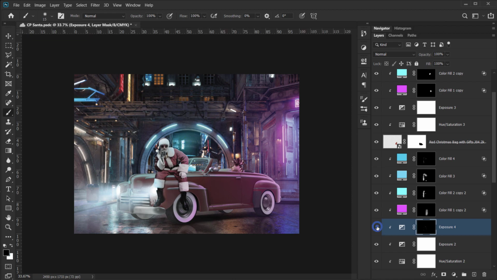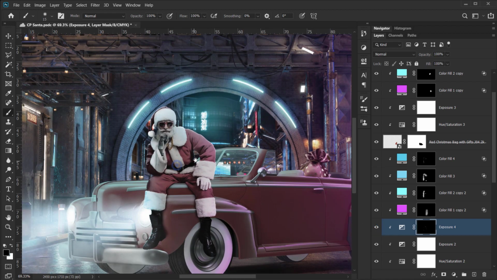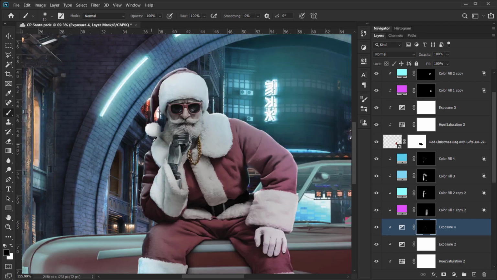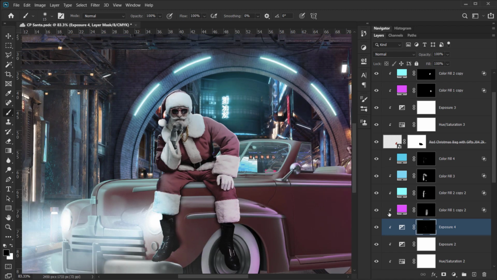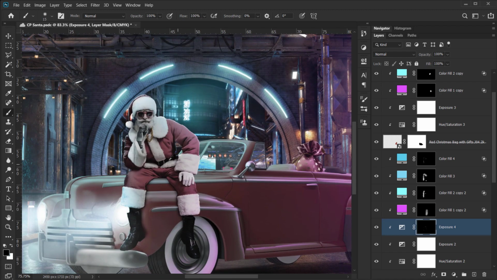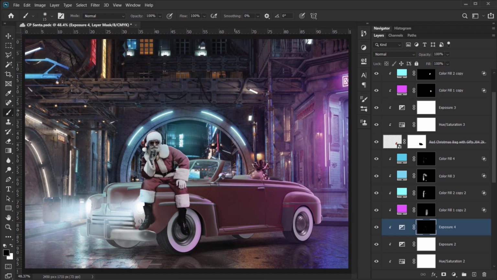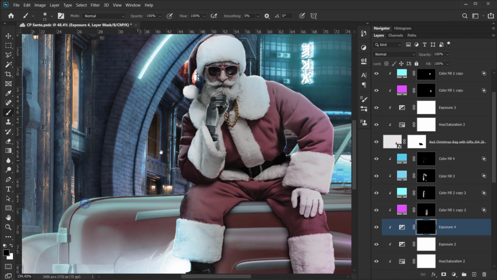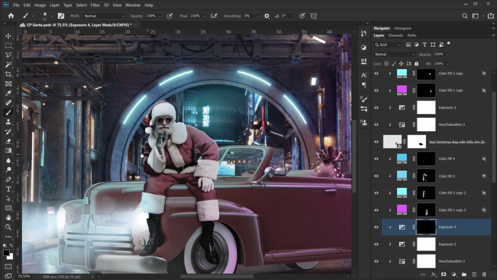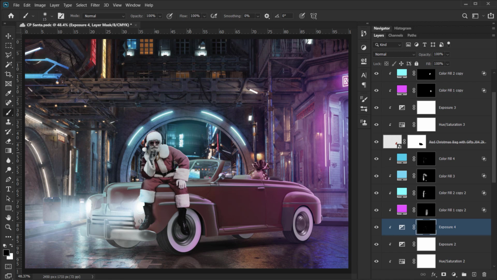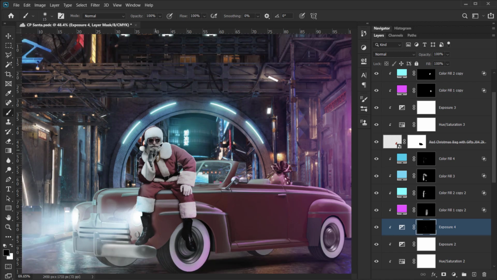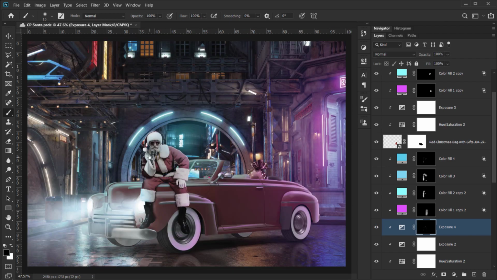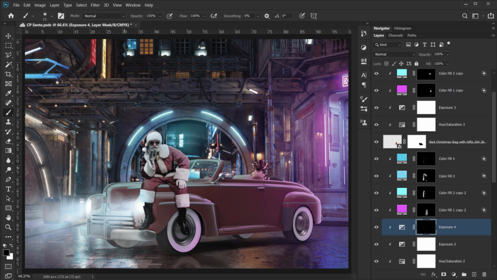Alright, I think it looks okay. It's a little bit of highlights and stuff like that, so maybe I will go back and add more. So I think for this it looks okay, and you can always add more for the car and everything, but for the sake of the tutorial I will just do this later maybe. But basically it's the same technique. So yeah, I think it looks okay,